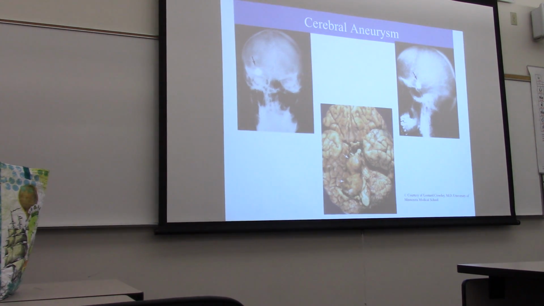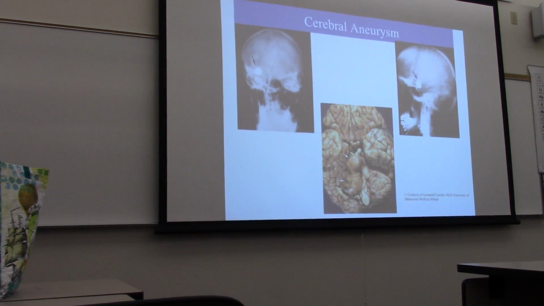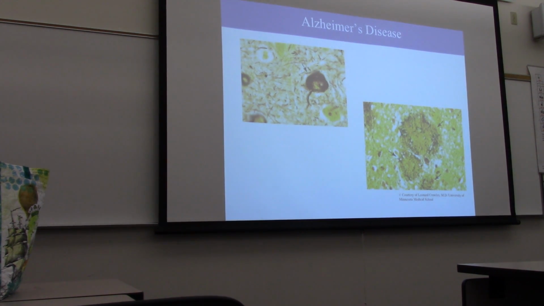A lot of people get a headache, and that'll take them in to get a CAT scan or an MRI, and if they get an MRI or a CAT scan, it'll show up. And then they can have surgery or no? Yeah, you can. They go in and put little clips across it so that the blood can't get out into the aneurysm anymore. That takes the pressure off the aneurysm. Here's Alzheimer's disease, where these webs form